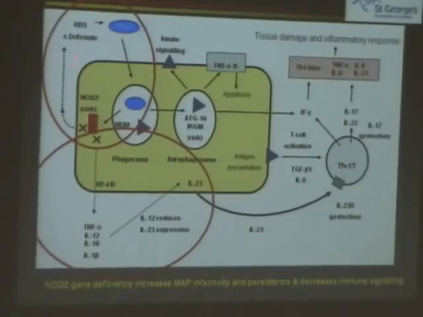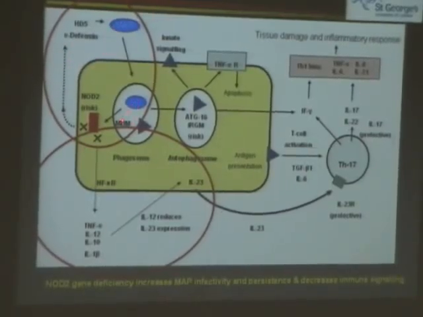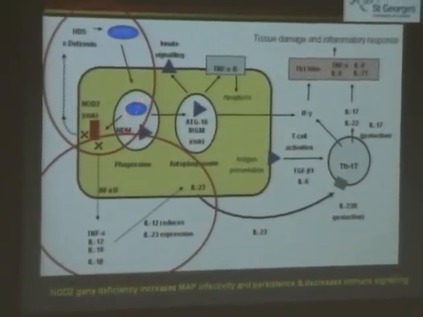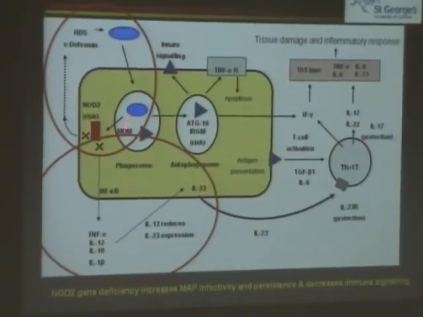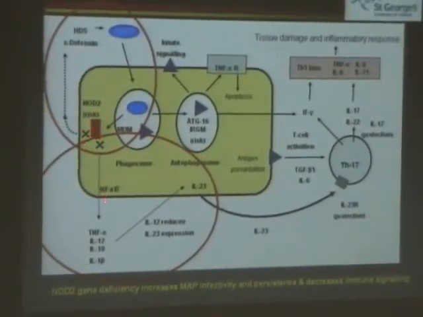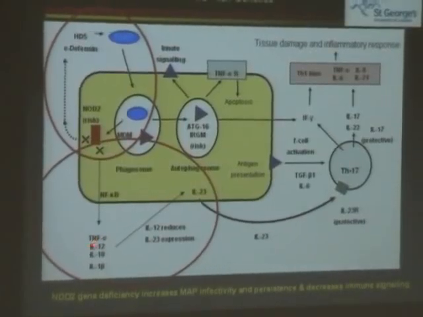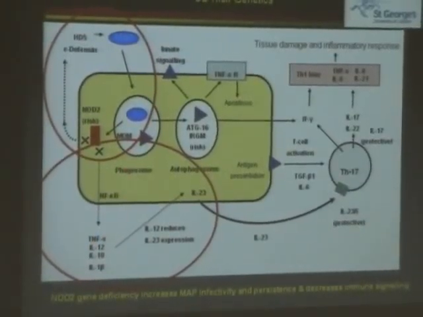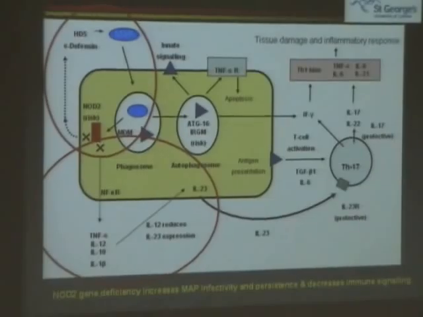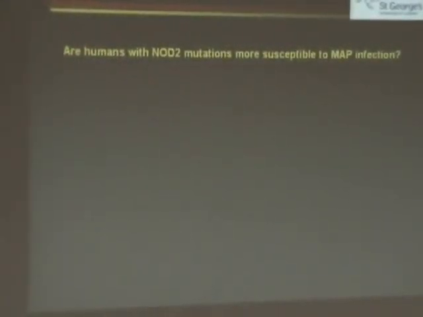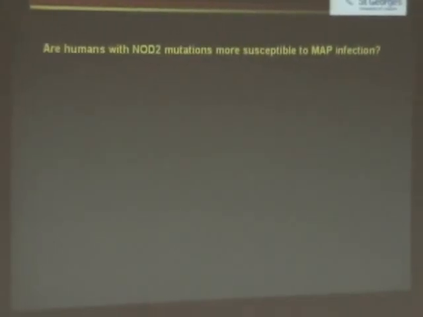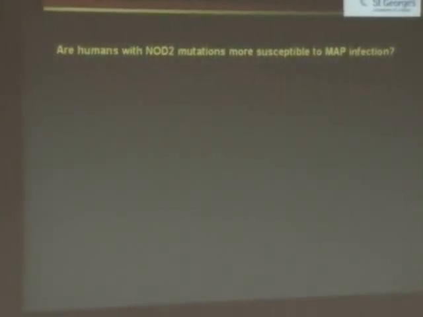You have less alpha defensin, therefore you get more entry of MAP. You have less stimulation of this NOD2 gene, therefore you get less cytokines. And you also get more persistence of MAP inside these cells. So we can hypothesize that if this is actually happening, we can measure it. We can see that humans with NOD mutations should